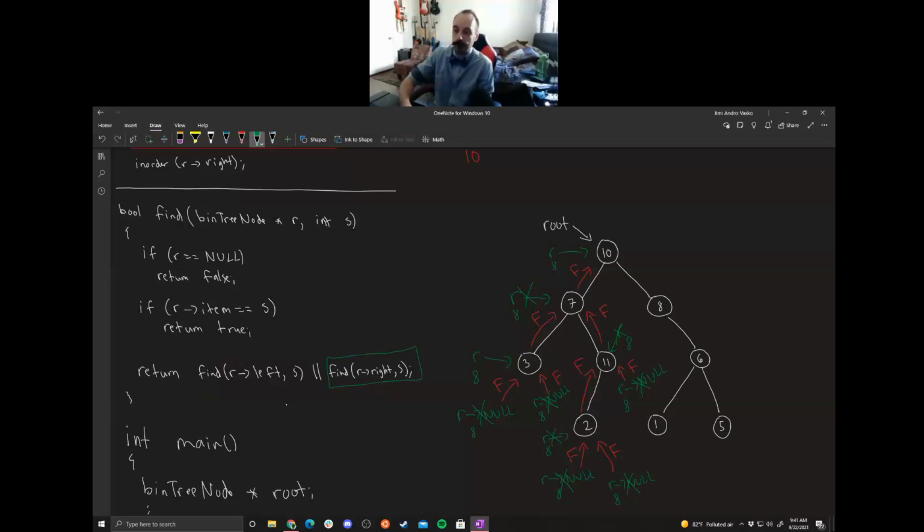But here it returned false, so we have to call R right, which will go ahead and have the case where R will point to this node, and R is not equal to null, but now our item does equal S. Our item contains 8, S is also 8, so we finally found a successful search. So here, return true